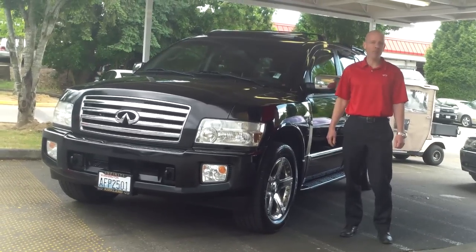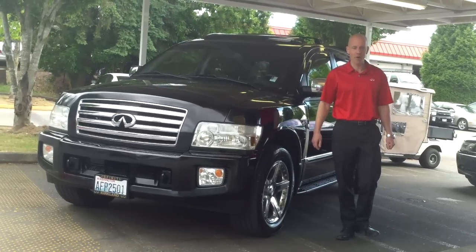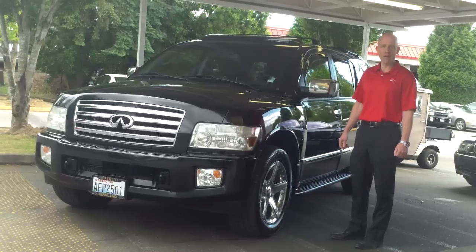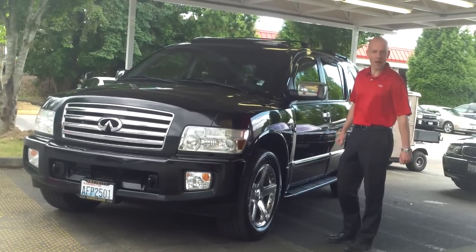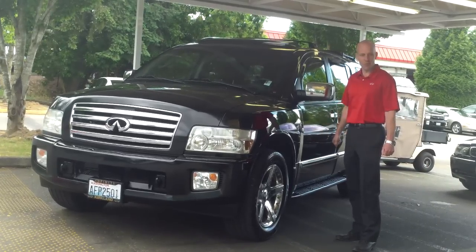a car I absolutely love. Why? Because I own exactly the same car in the same year with exactly the same miles. It's one of the best cars I've ever owned. I have no plans on selling it anytime soon. The only thing I wish it was black on black like this beautiful 2004 QX56, and I absolutely love the